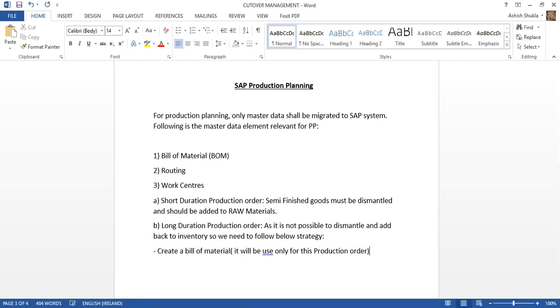What happens? Which orders are of short duration? We will dismantle them and add the material back into the cost, back to the different heads. But there are some production orders which are of long duration. At the date of migration, we find there are some production orders of long duration. So we need to use this strategy, because we cannot dismantle them. What we do is first create a bill of material which is only used for that specific production order. Second step, we will